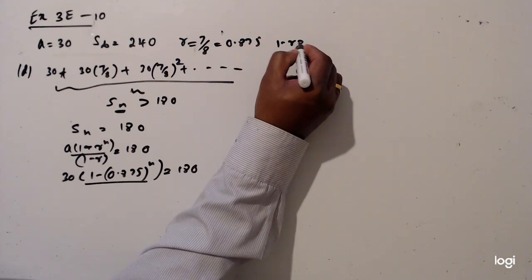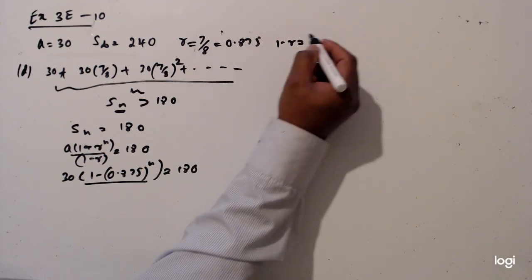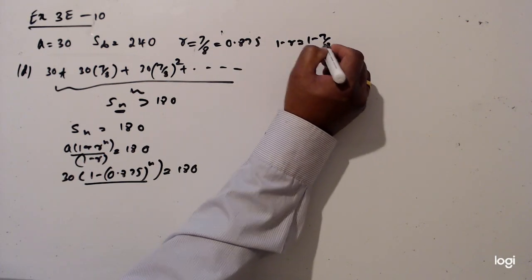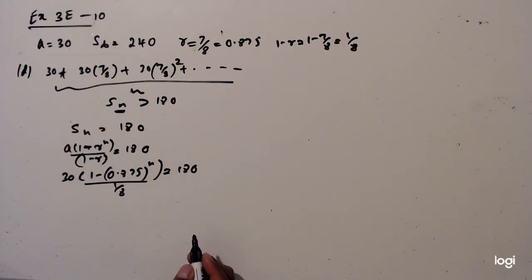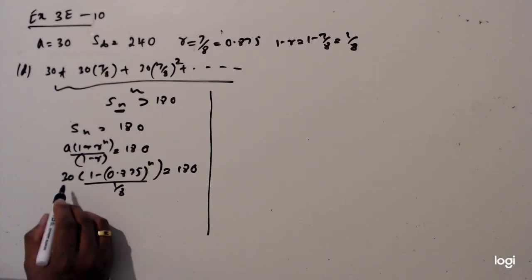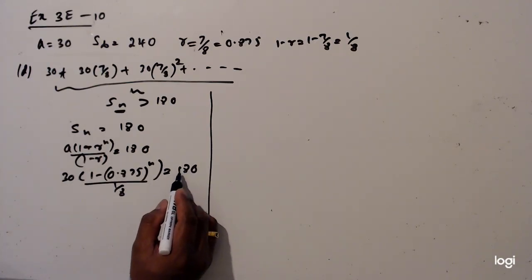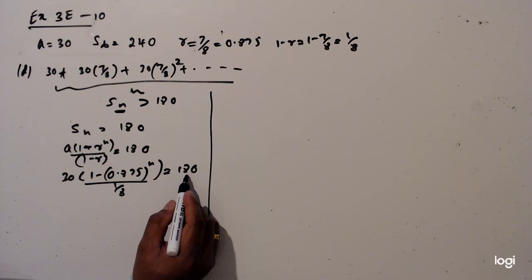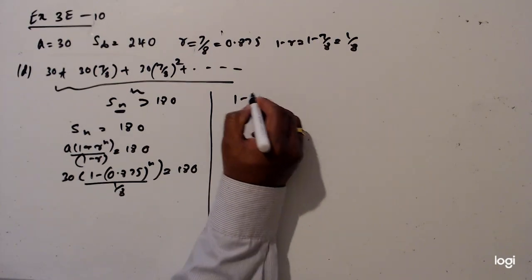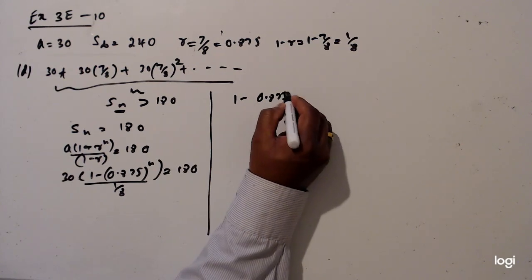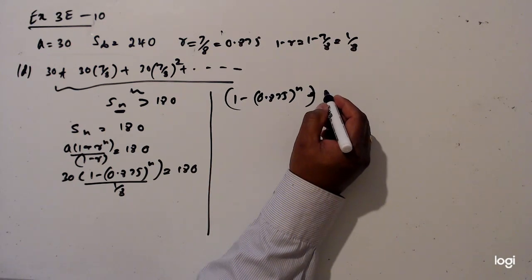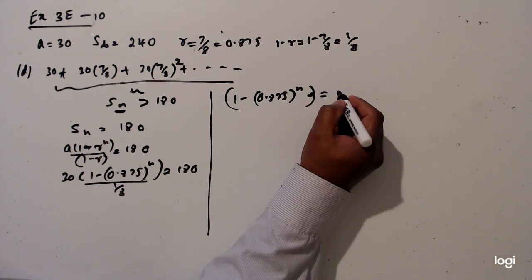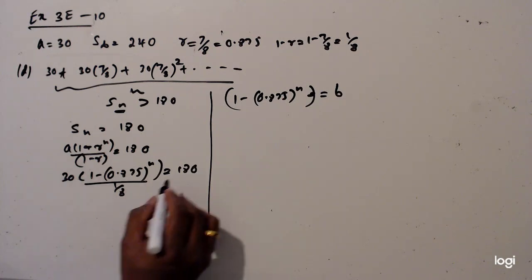We know that 1 minus 7 over 8 is 1 over 8. So this is going to be 30 divided by 180, that is going to be 1 over 6. So 1 minus 0.875 to the power n is